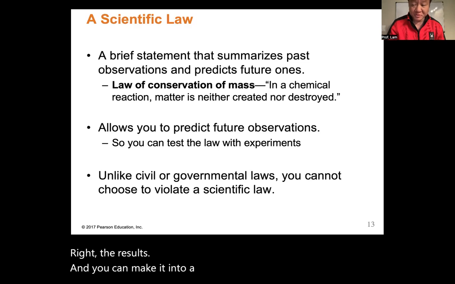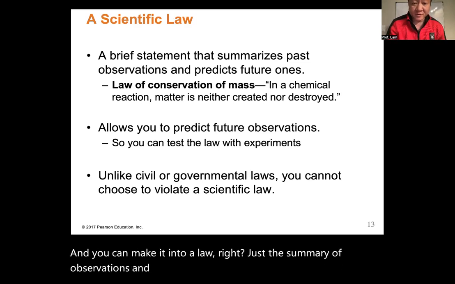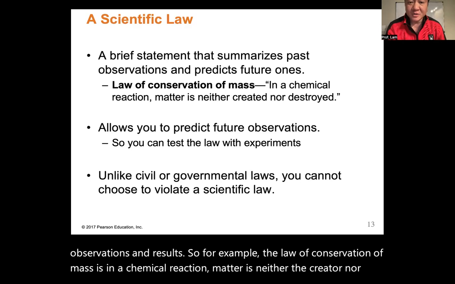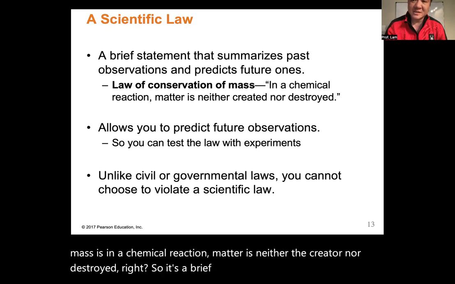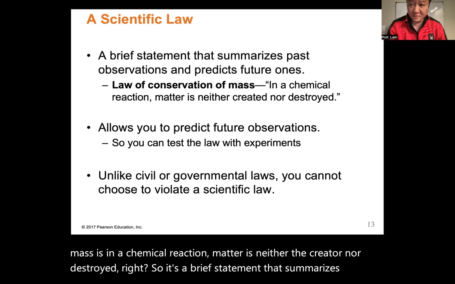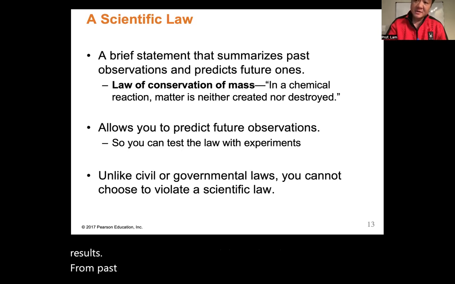Just the summary of observations and results. So, for example, the law of conservation of mass is in a chemical reaction, matter is neither created nor destroyed, right? So it's a brief statement that summarizes results from past experimentations,